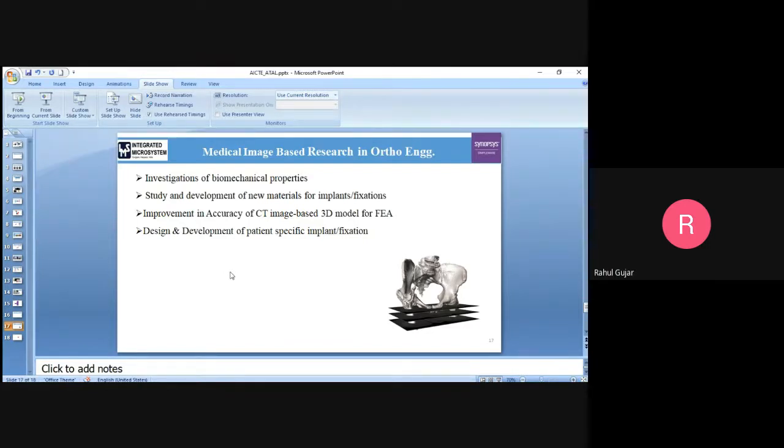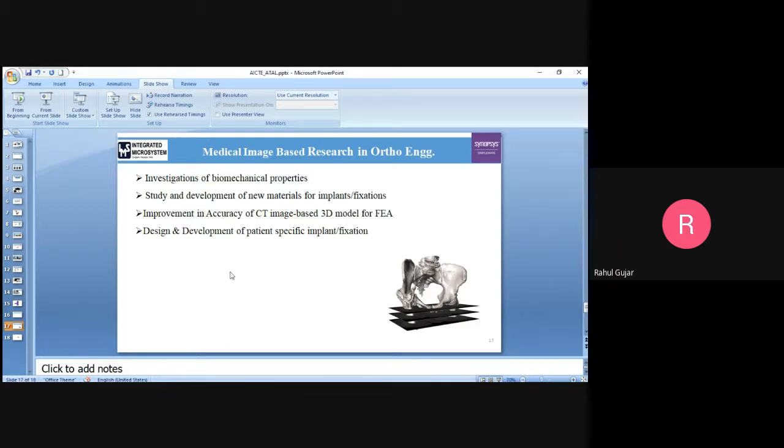For this purpose, there is a chance that the accuracy of the image data converted into the 3D model may be hampered. Therefore, we feel that improving accuracy by using SimpleWare ScanIP as well as other software like FEA, finite element analysis software, will help a lot if you give your